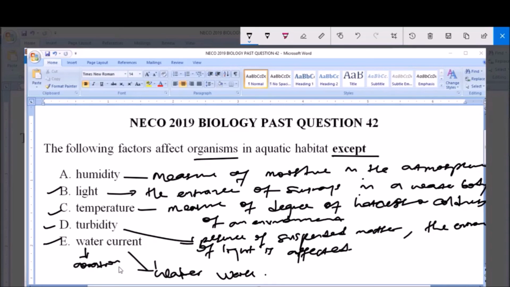And like you know, aquatic organisms actually get their oxygen from this water. So water current helps to increase aeration. But now option A here says humidity, and humidity is a measure of moisture in the atmosphere. Atmosphere has nothing to do with aquatic habitats. It is only terrestrial habitats that are affected by humidity. So humidity does not affect aquatic organisms, and so therefore the answer to this question is humidity, which is